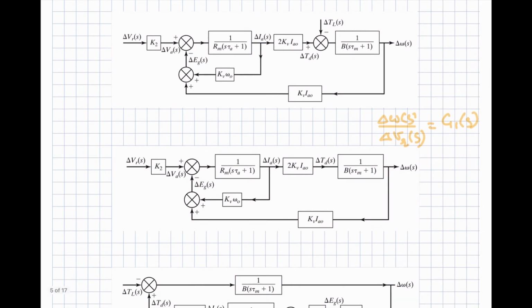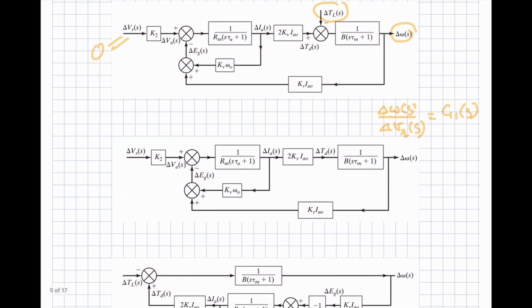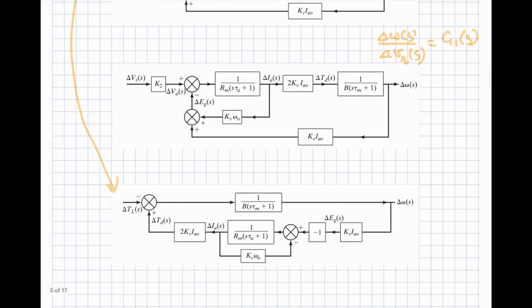And the second transfer function will be relating this torque input with the omega, for that you will be considering this one as 0. So if you consider this one as 0, your input will be the torque. So for this particular condition you will get this control diagram. Your input is torque, your applied voltage will be considered as 0 in this case, and here is the speed output. So let's suppose that you are going to get delta omega S with respect to delta TLS, and that is transfer function G2 of S.